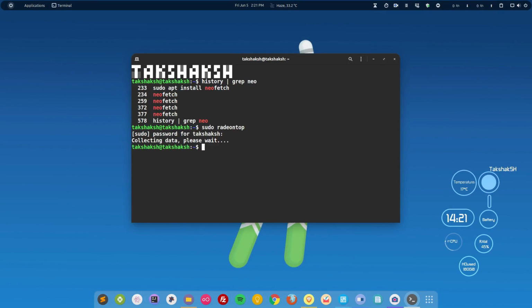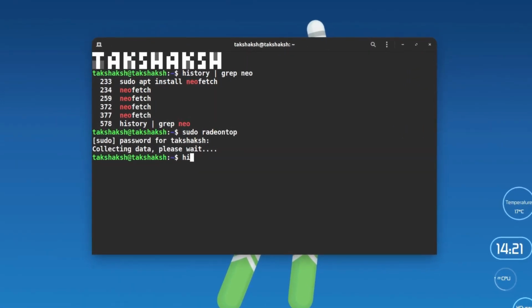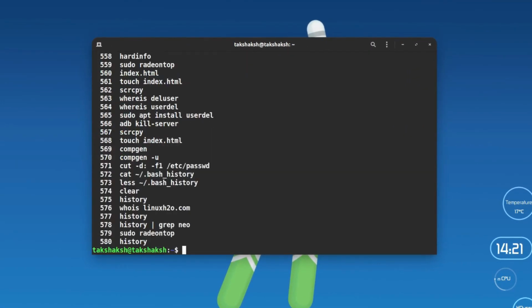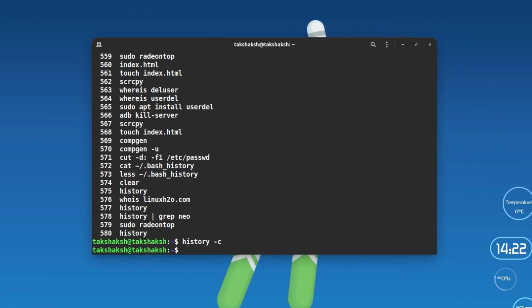But sometimes we want to remove all the commands from the history, and that can be done. Currently if I type history, this will list around 580 commands that I have executed so far. But if I want to clear all the commands, I can do that using history with the parameter hyphen C, and I will hit enter. This will clear the history.